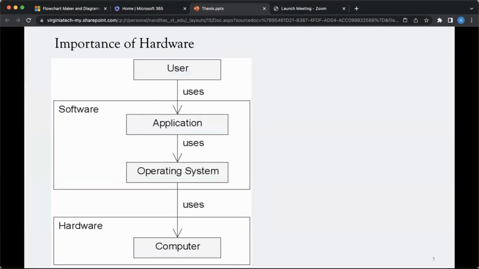So, importance of hardware. Nowadays, every person has access to electronic devices, and as a user, we use the data at a very abstracted level. But what actually happens is whenever we use any application on our phones or on our laptops, it goes to an application which is supported by an operating system. And finally, the entire data goes to the hardware of the computer or the phone in streams of 1 and 0. So no matter what data we are using, whether it's audio or video data, everything gets converted into a stream of ones and zeros and goes to the hardware.